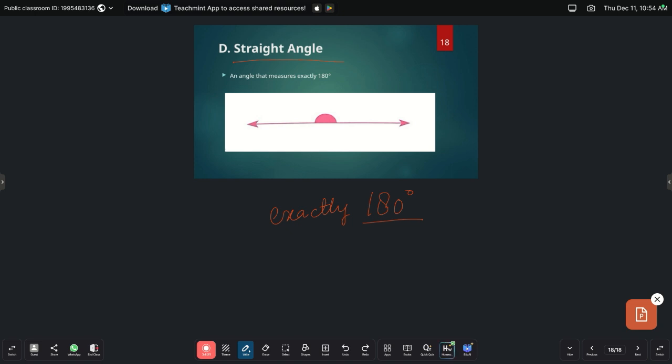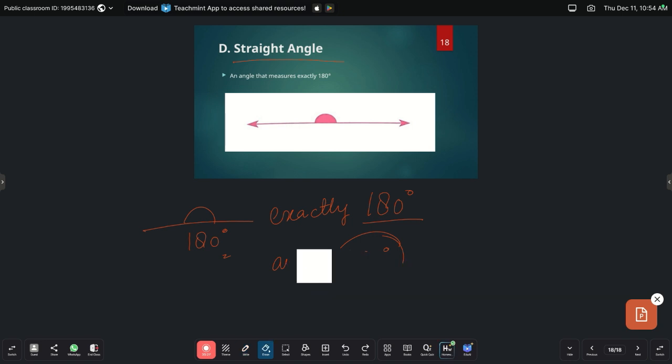While having your exercises in the assembly, the PT says dress up, right? So when you dress up, that time your arms make an angle of 180 degree. That is straight angle. Got it? Or when you move on a straight road, that time the road makes a straight line and that is 180 degree. Got it, boys? So the angle that is exactly 180 is straight angle.